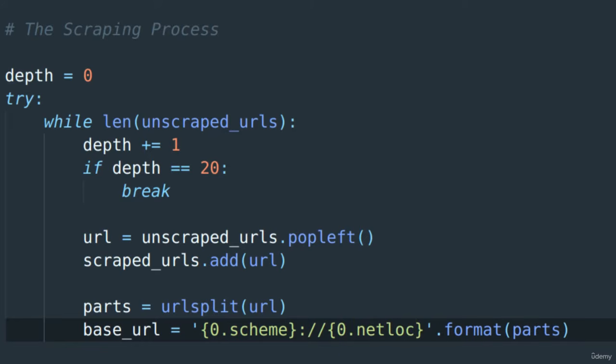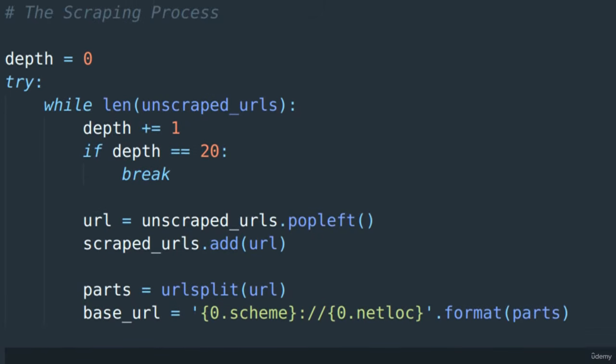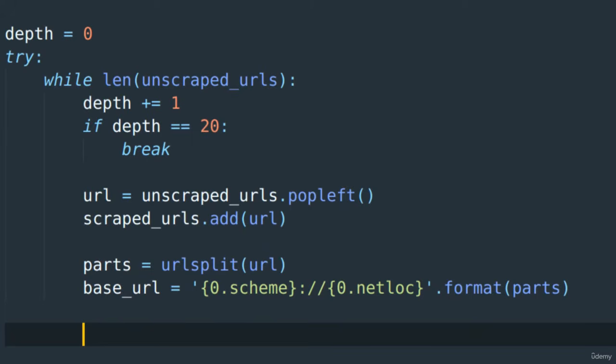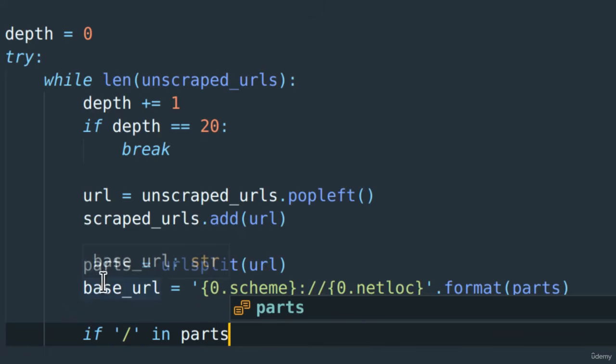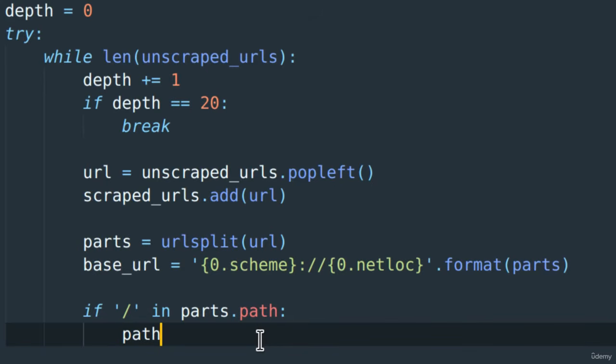All right. So now that we've got that there, what we can do is some conditional logic here, because if the path starts with a /, we want to grab the part after the path and save that in the path variable. Otherwise, we'll just take whatever is in the URL and save it in path. So if this / is in parts, right here, parts is a URL split object, so the .path piece of that, then we'll go ahead and say the path is equal to,